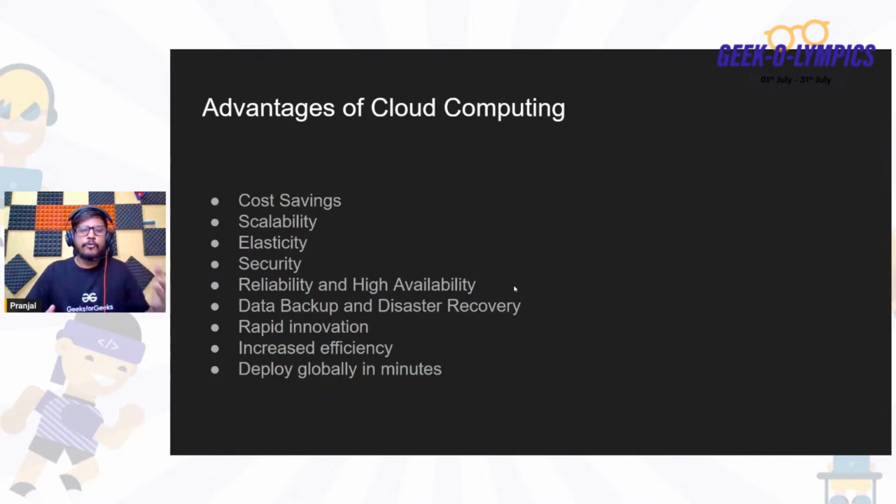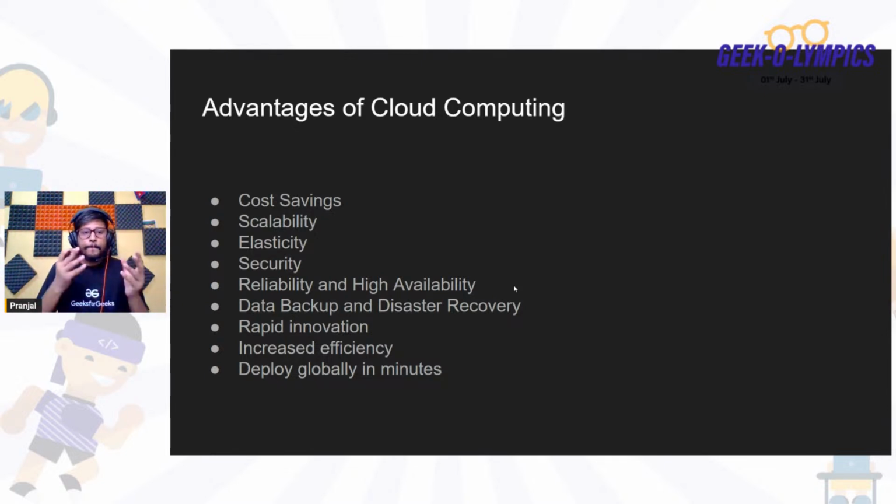Any data which you use frequently, they charge a little bit higher. If some data is not used so frequently, they charge a little bit less. And data which is just kept for archival, they charge very, very little. So they have different storage class options which you can opt for and configure the life cycle for that storage, and you save a lot of money. So they provide those things.